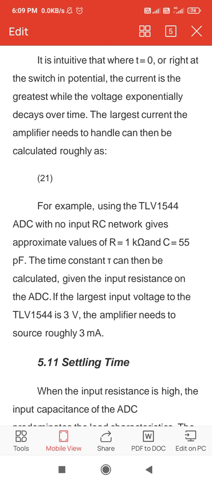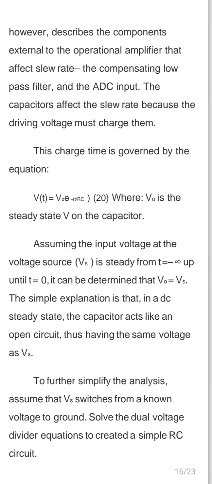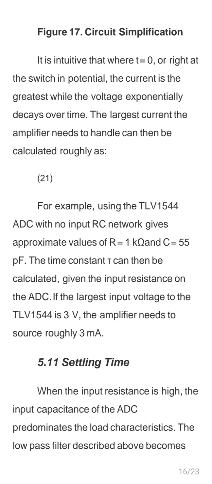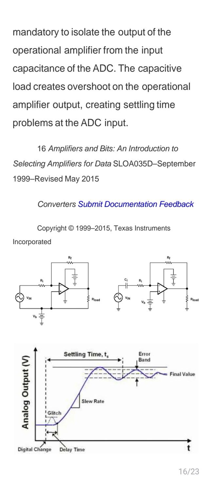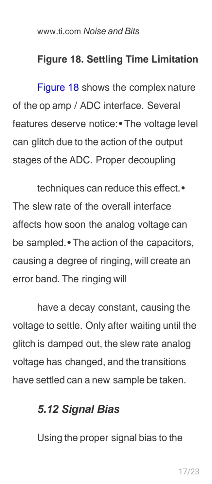Then circuit settling. The voltage settles with exponential decay times, with the largest current used here. These are the main parts of the settling times. We can set the settling times of amplifiers according to the analog input delay times or the digital change in input voltage or output voltage. Settling time is the main part of the action of capacitors. It involves a degree of ringing, and the slew rate at which the analog voltage can change. The transition is the sample for voltage levels to the action of the output voltage for analog to digital converters.